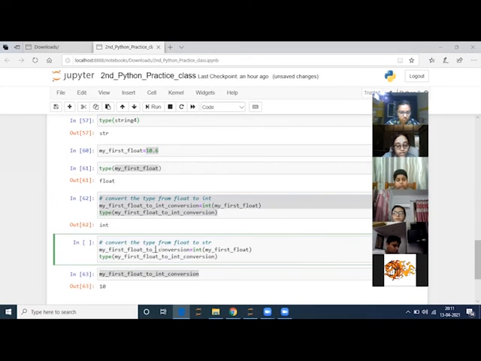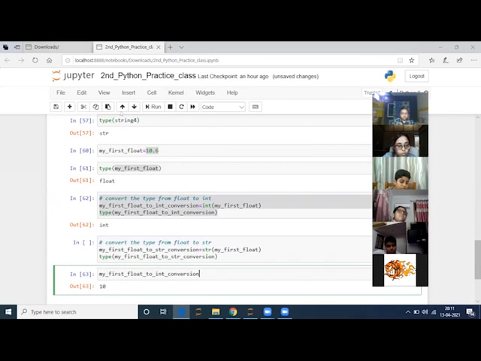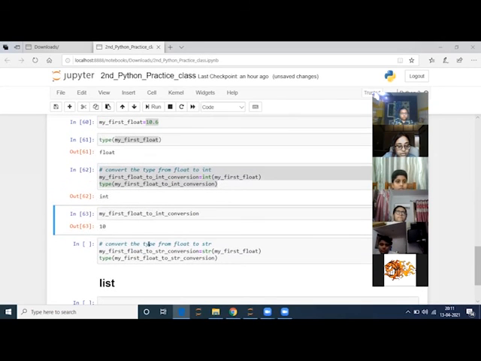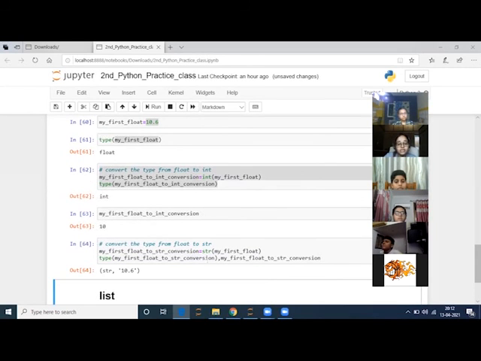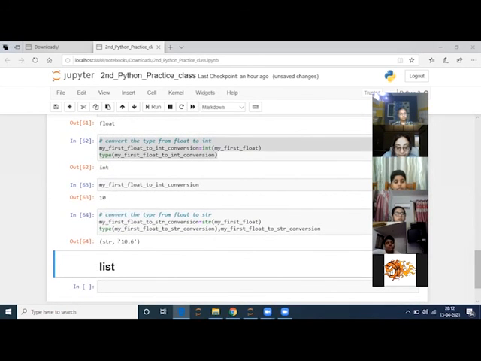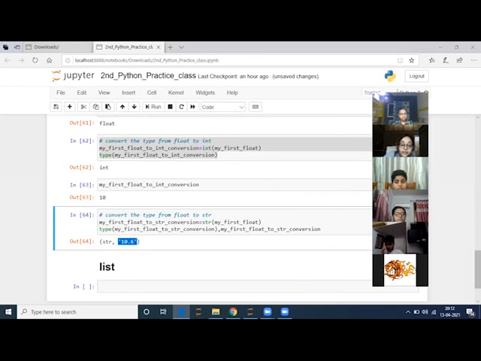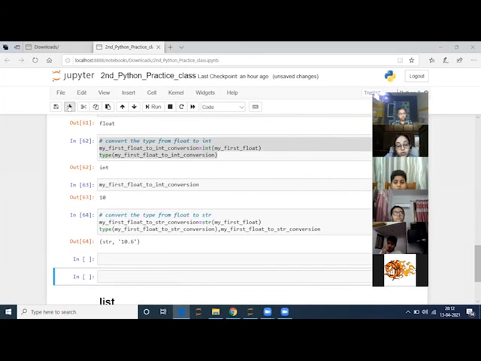Okay, so float to string. Here str, and here also str. Now let me print this. I'll put it on top and create a new cell. Let me see what is inside this. Okay, directly I will see. Running the cell. See, 10.6 actually came inside inverted commas. In the same way, we can convert from float to integer, integer to float.